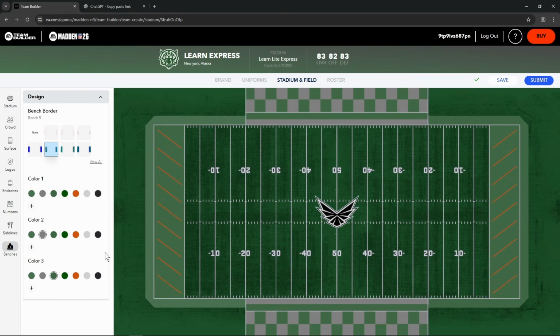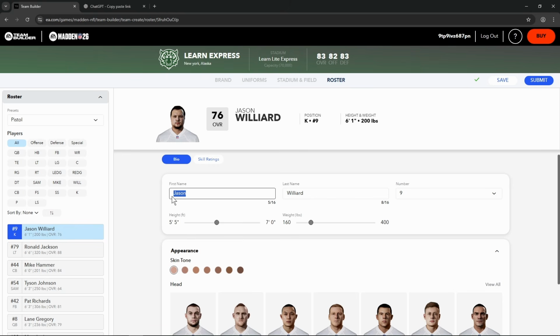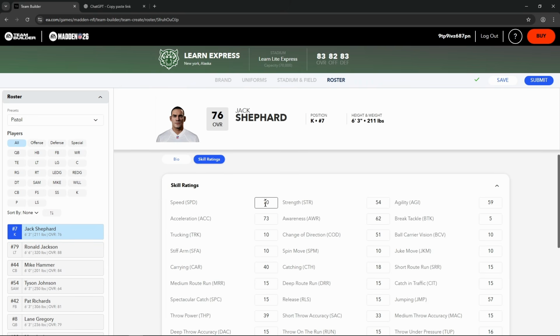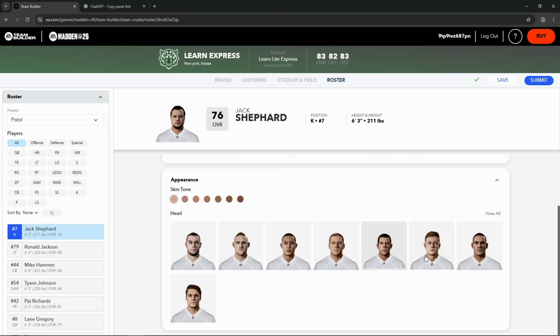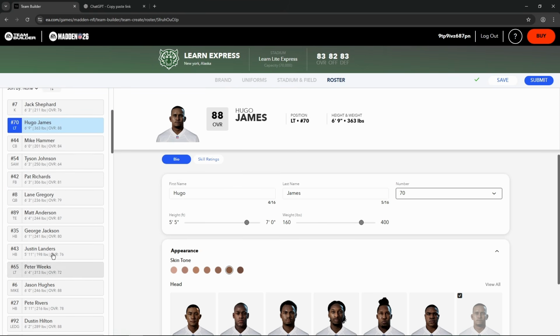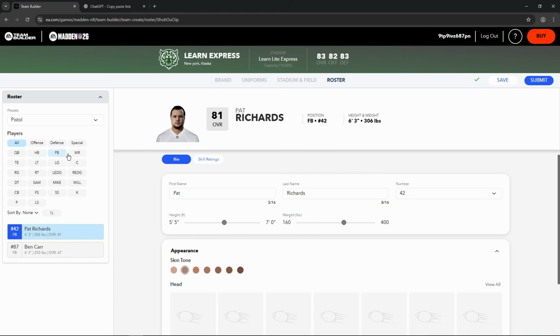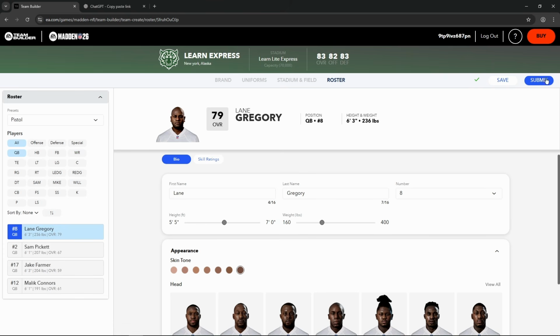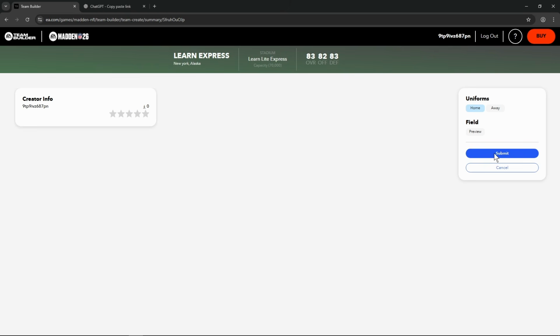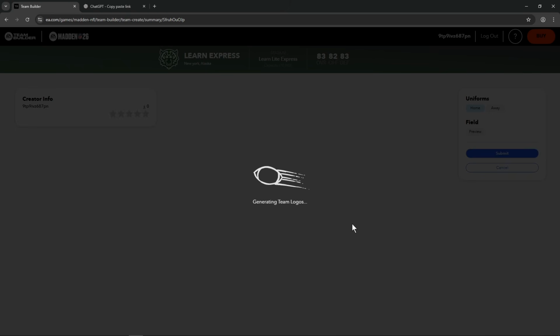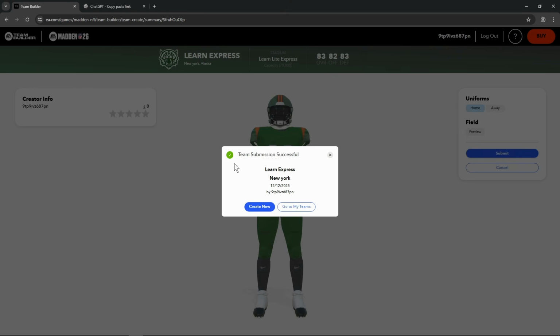Once your stadium is done, move to the franchise tab to adjust your roster. You can rename every player, edit their ratings, change their appearance, or even drop yourself into the lineup. These players act as placeholders for now, so you can skip this part if you plan to use real NFL players later. When everything's set, click save, then submit. It might take a few attempts because the site sometimes throws errors, but once it goes through, your team will